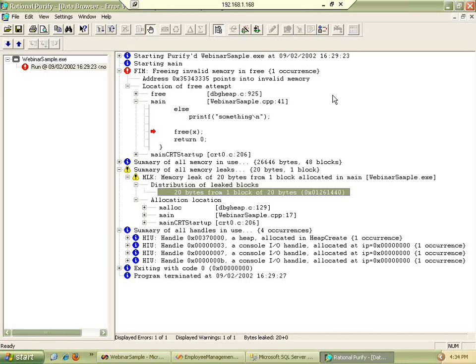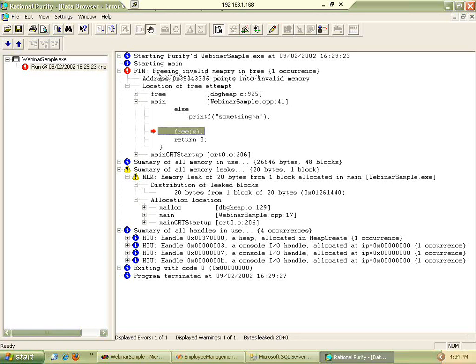Someone has asked, is there any reason a memory error for Y is not seen in Z? The reason here is this is typically a problem. It says X is having a problem, but the problem is not because of X, because you also know the free command is there. Look at this: freeing invalid memory.